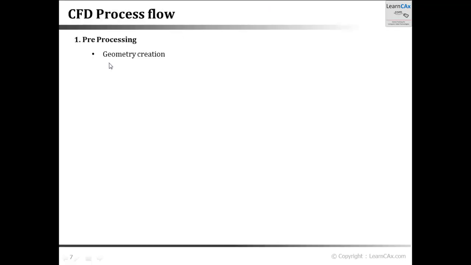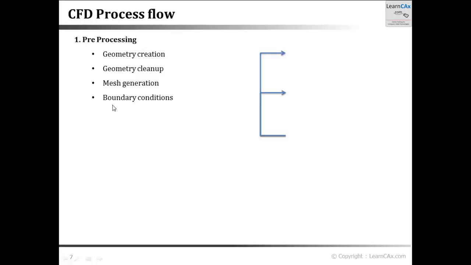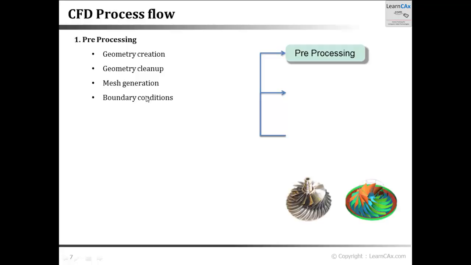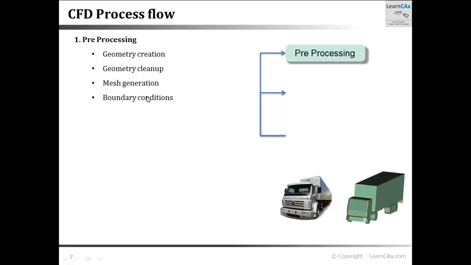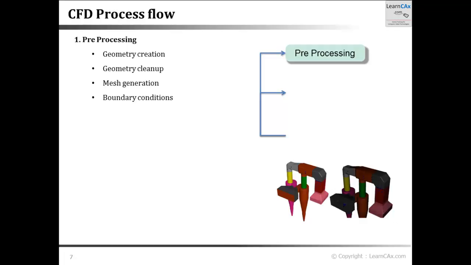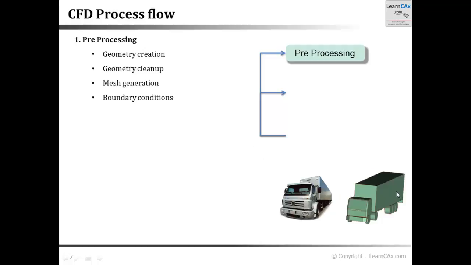So within pre-processing, we create the geometry. We also clean it up so that unwanted parts of the geometry are deleted or modified. We generate the mesh as well. Then we give the boundary conditions and give the entire CAD meshed model to the CFD solver along with the boundary conditions. So pre-processing is the first step, which also consists of CAD generation, CAD cleanup and mesh generation. So you can see some of the CAD models as shown in this particular slide, and then the mesh for the CAD model is generated using a CFD software